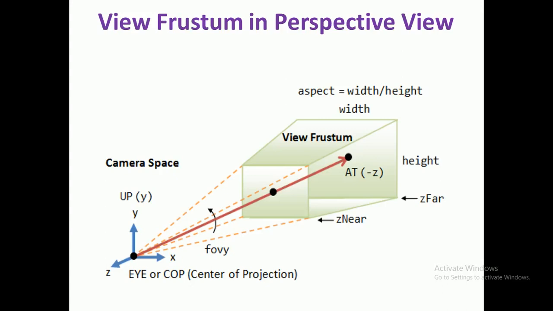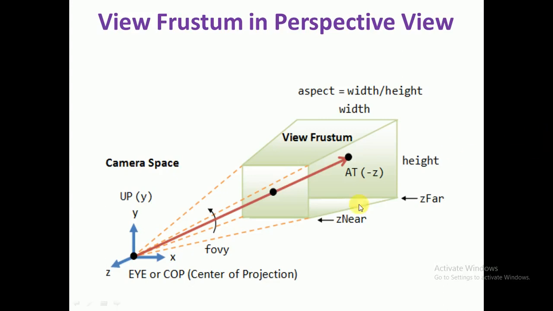Again our camera will not capture if that object is very close to the lens. That is also a problem. Our eye also, if you hold any object very close to your eye, that is not observed by your eye. So there is a limitation for near also. Up to some distance, if you hold any object, then our eye captures it. That's why again we have to set that one.